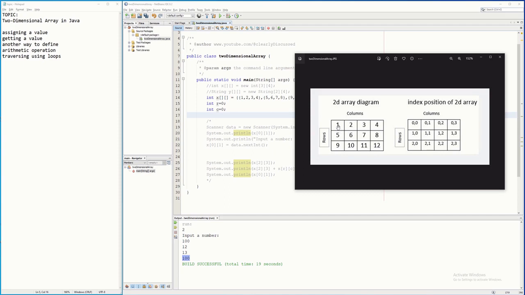I'm just going to print 1, 2, 3, 4, 5, 6, 7, 8, 9, 10, 11, 12 by traversing using a loop statement. If you will not use a loop statement and you want to print all of this, you will come up with 12 System.out.println statements,